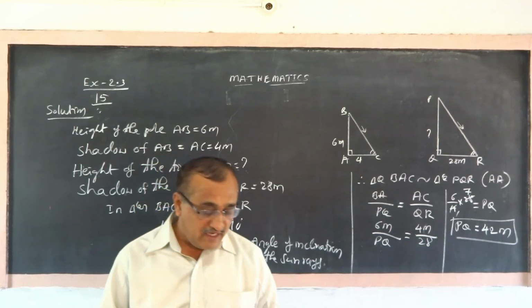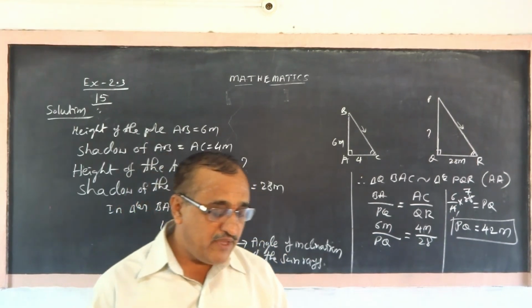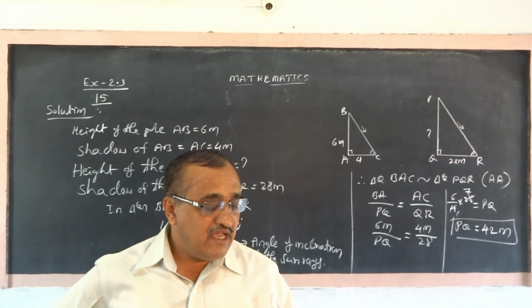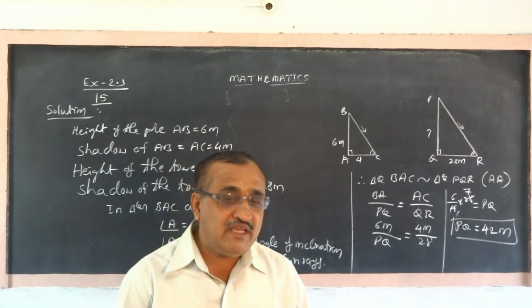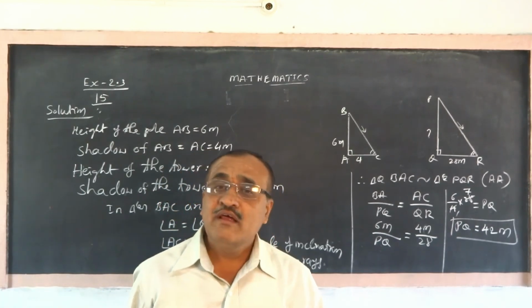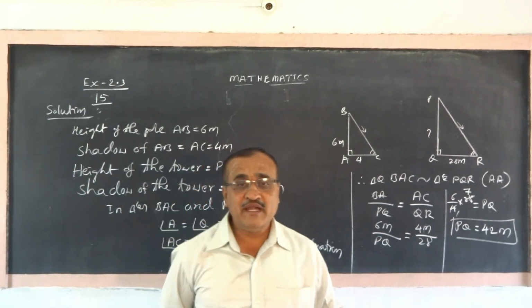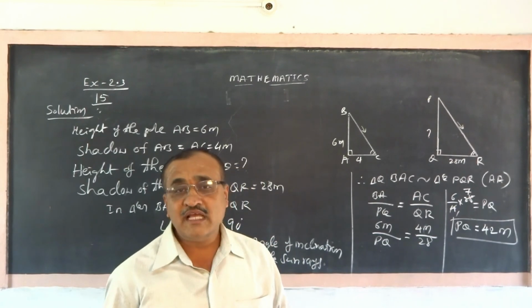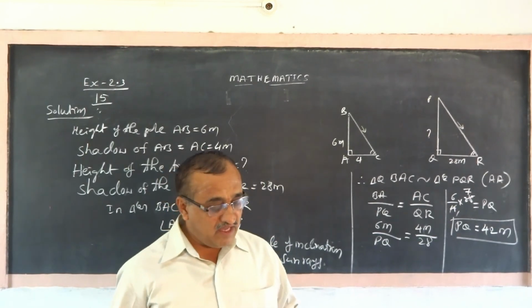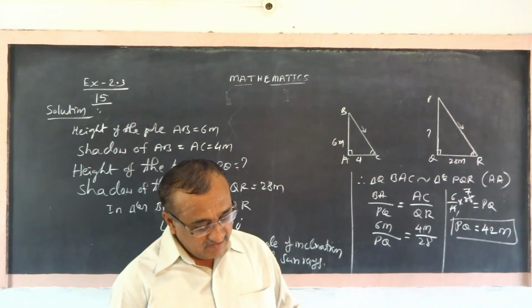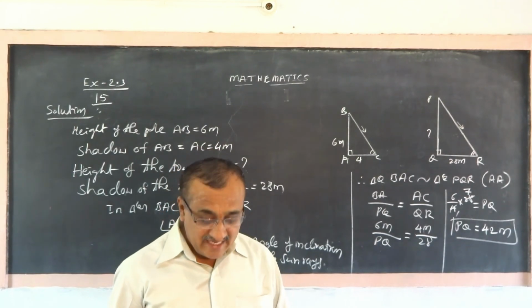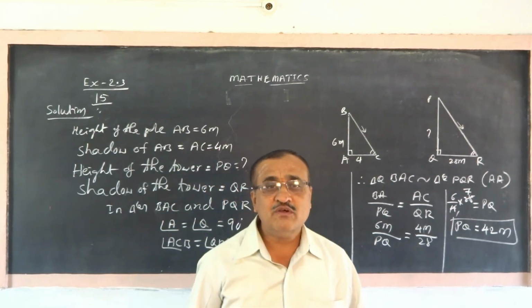And the 16th one, you do. If AD and PM are medians of a triangle ABC, it has a relation with the 12th problem. Try it, and if you cannot do it, we will do it in the classroom. Thank you very much. We have completed exercise 2.3. Now we shall pass on to the next one.